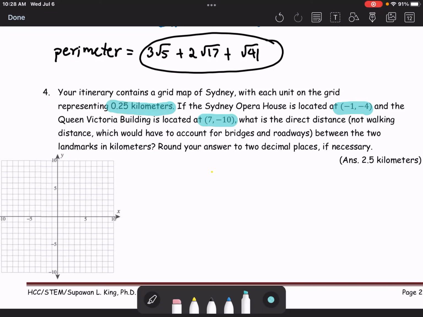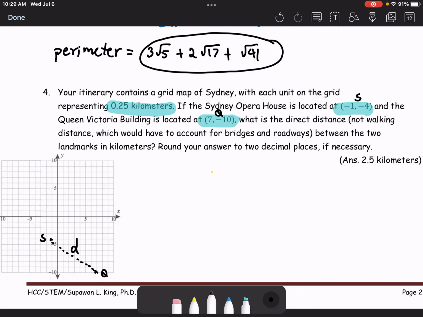First, let's locate these two ordered pairs on the xy plane, or the Cartesian plane. Name this as the S point, and this is the Q, and we will find the distance between S and Q. For the point S, -1, -4, in the third quadrant, and Q, 7, -10 in the fourth quadrant, and we're going to find the direct distance